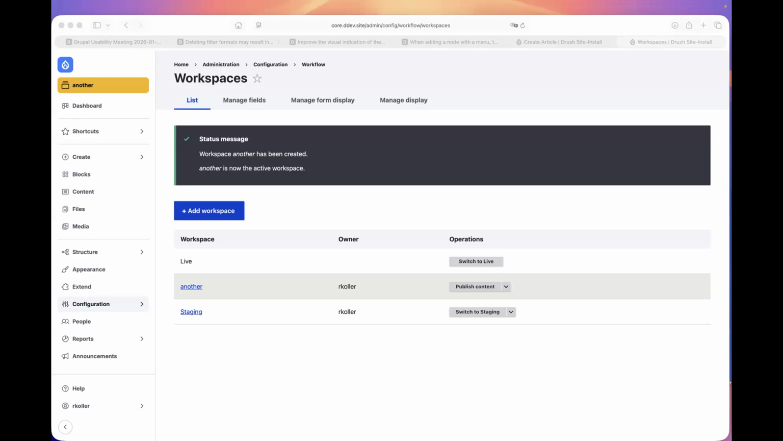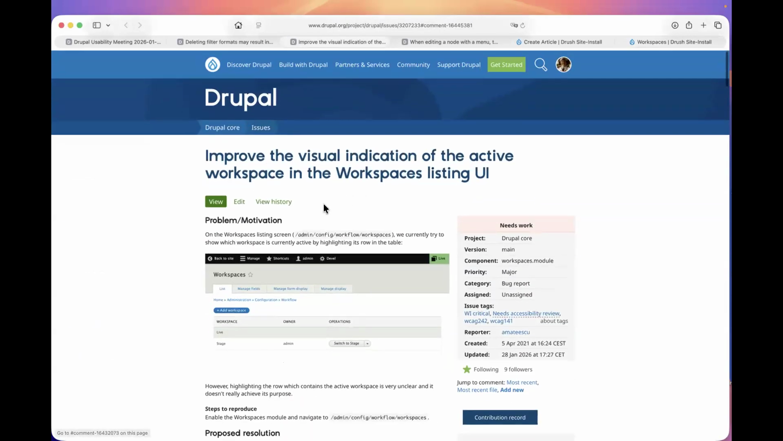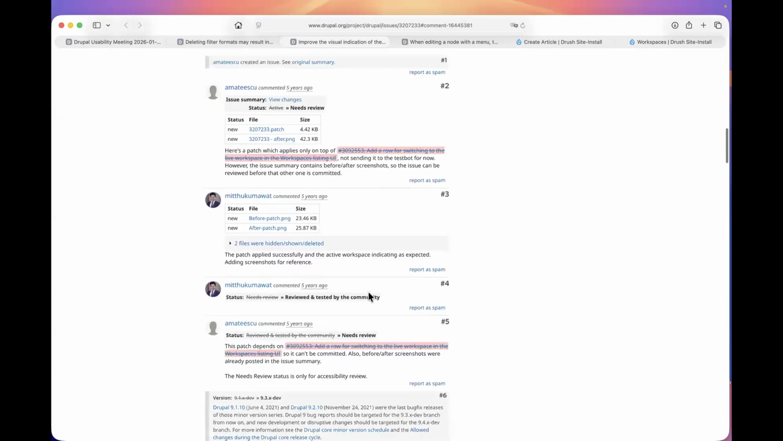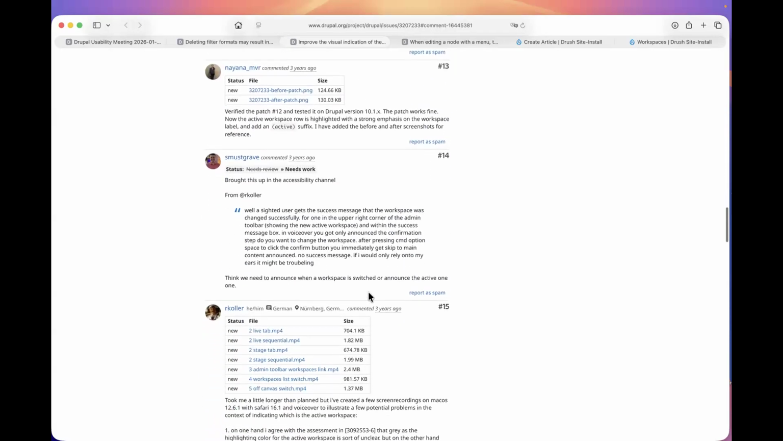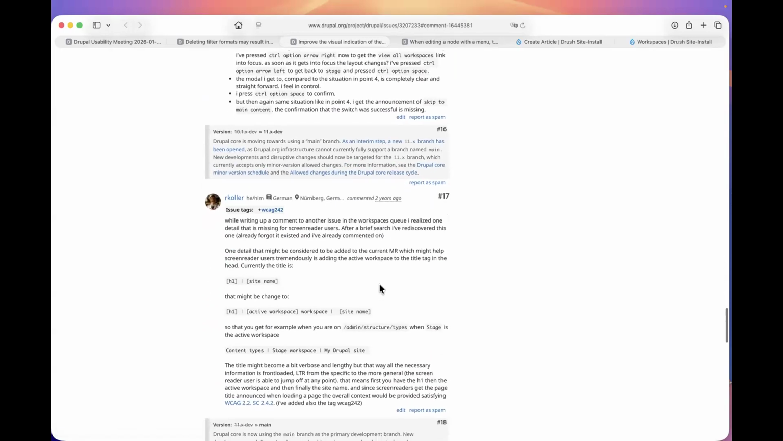Green circle. So, what is the issue question that we're addressing? Just to keep it in scope. Yeah, the issue is basically to improve the visual indication of the active workspace in the workspaces listing UI. So it's just in that table. In the table, but from my perspective, just from the perspective of a screen reader, is